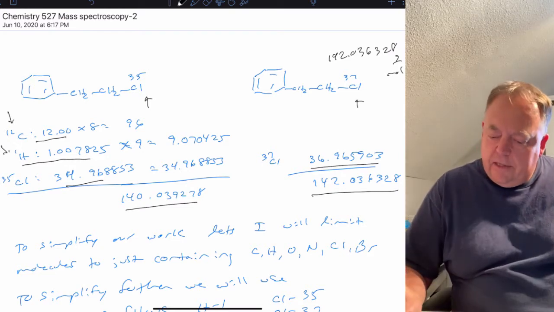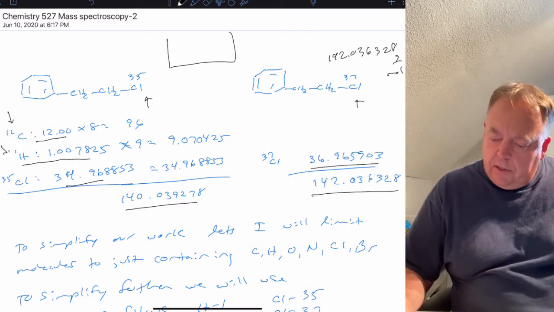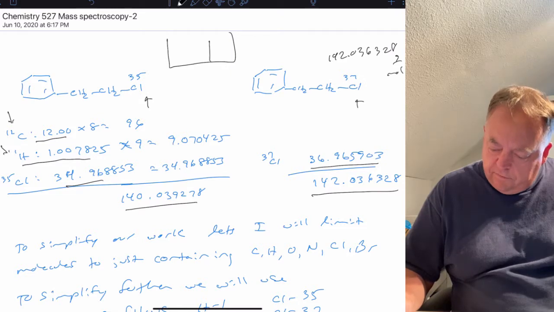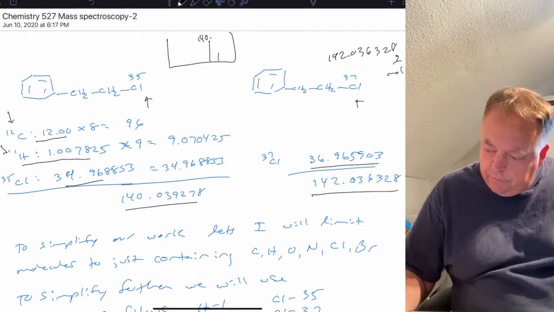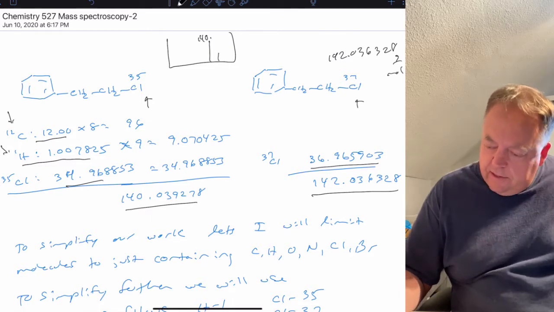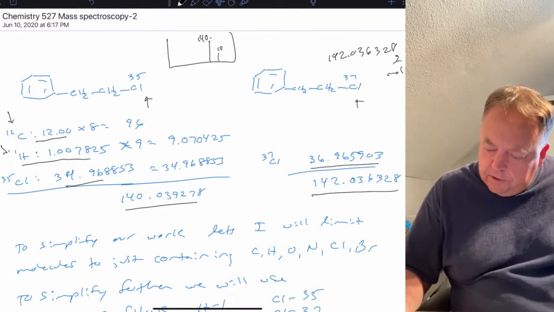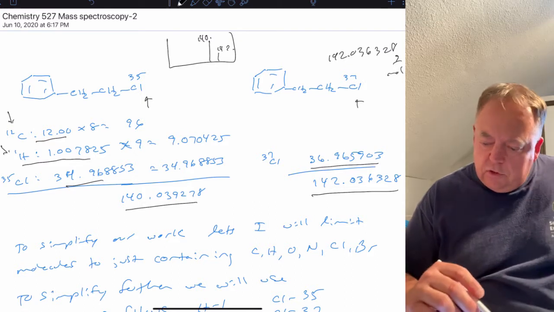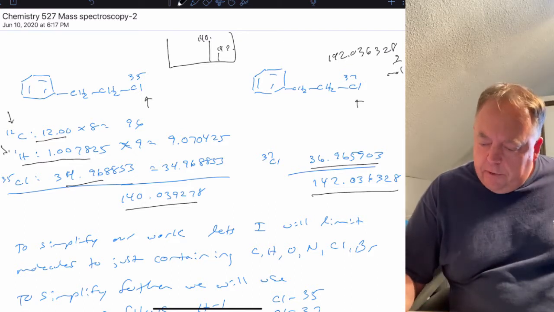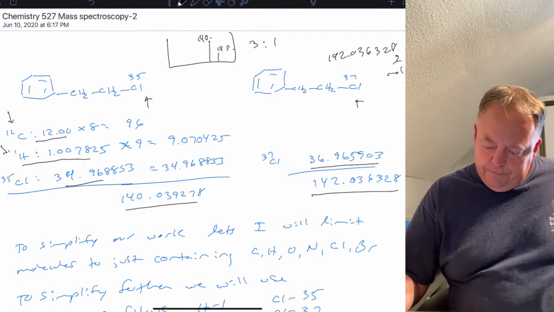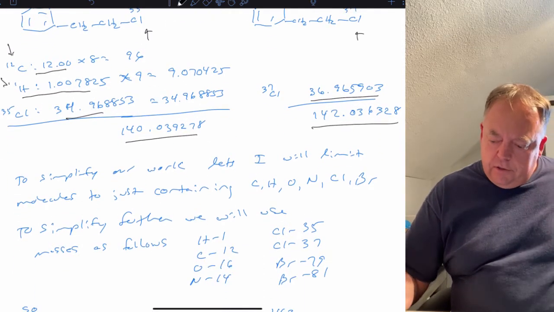So you would see that in the mass spec, right? If you took the mass spec of this molecule, you would see a peak at 140.039278, and you would see a peak at about 142.036328 grams per mole, and they would be in about a 3-to-1 ratio. Okay, so to simplify,